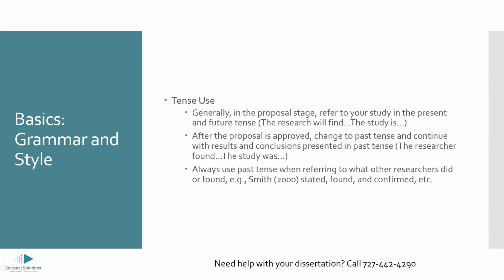And so, 99% of the time, when you're writing about stuff that other researchers have done, it's going to be in the past tense because it's denoting that they have already done this thing. That is the only time in your proposal stage and after your proposal stage that past tense is going to be used throughout: talking about what other researchers did. So that's going to be pretty heavy in your chapter 2, your literature review. Even though you're going to talk about your current study in the future tense, any past studies are going to be talked about in the past tense.